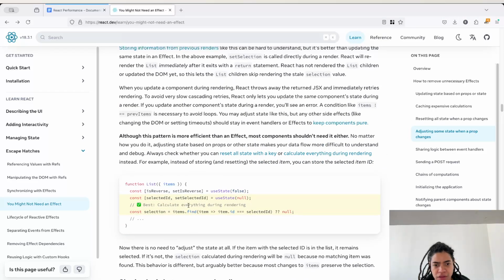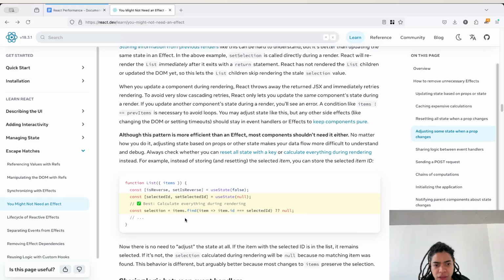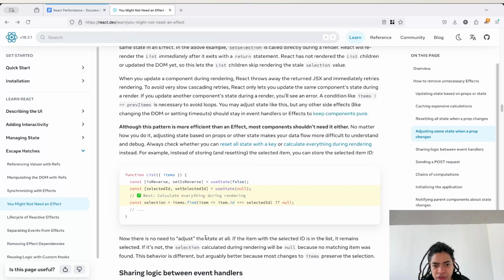Best, calculate everything during rendering. There is no need to adjust the state at all. If the item with the selected ID is in the list,